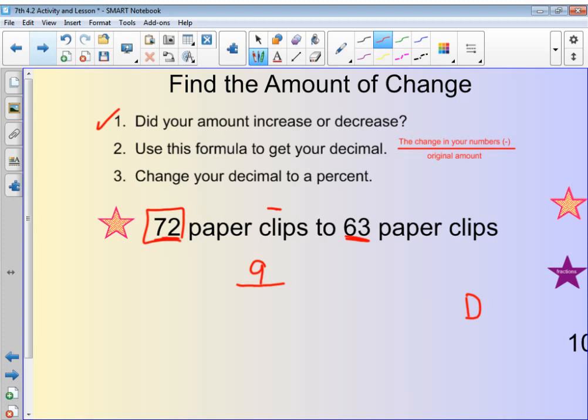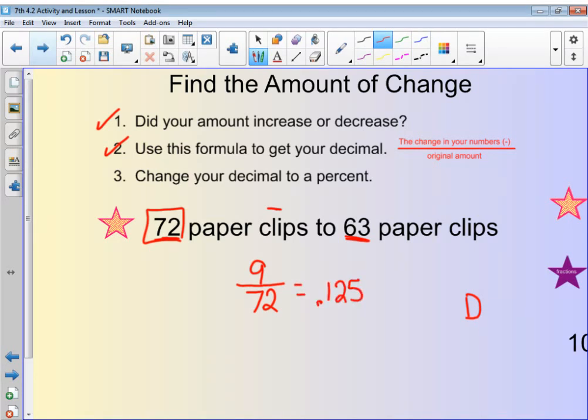In a story problem, you're going to have to pay attention to wording. So 72 was my original number. Okay, so I've set up the formula. Now I'm going to change it to a decimal, and then it's percent. So to a decimal, top divided by bottom. So 9 divided by 72 gives me